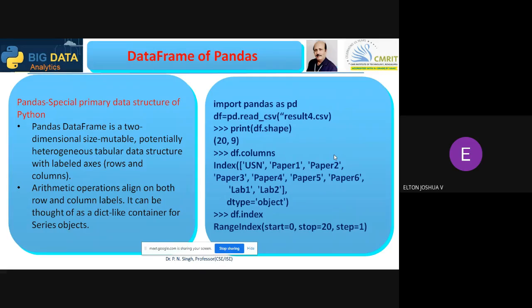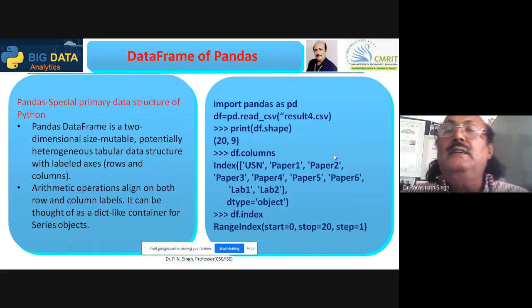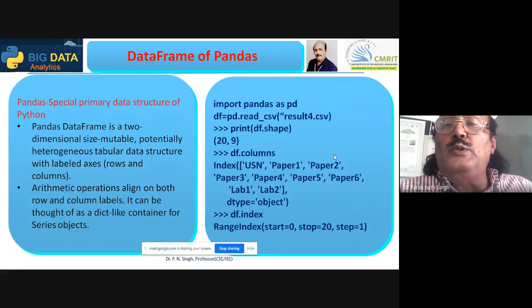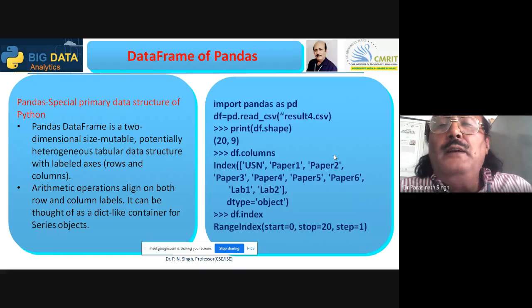Yes, sir. Fine. The primary data structure of pandas in Python, the pandas data frame, is a two-dimensional, size-mutable, potentially heterogeneous tabular data structure. Mutable, you are getting now? That data can be modified. In first year, you learned that an array or a structure itself is a combination of different data types.